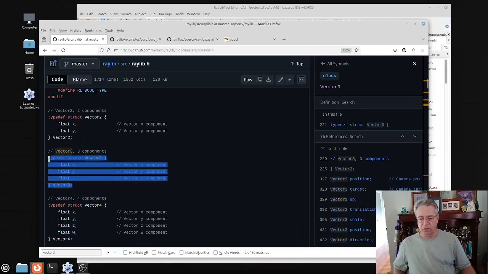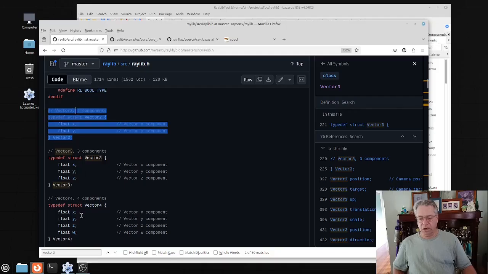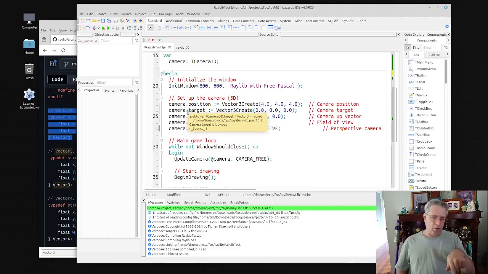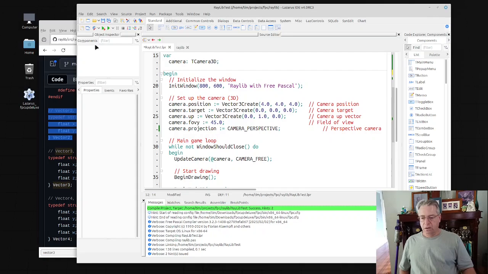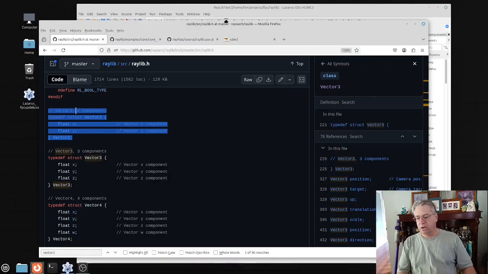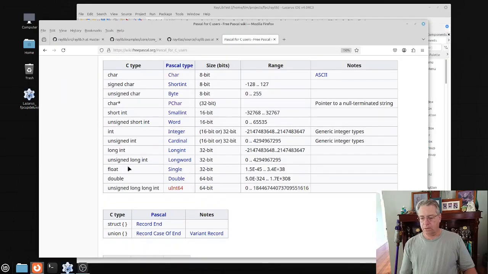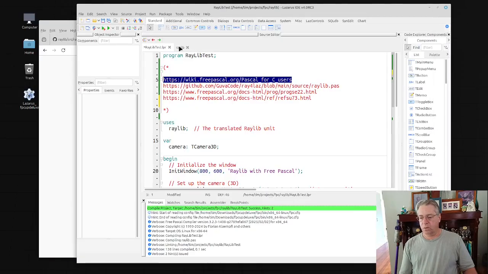As I said, it's a float, or 3 floats, and you can also see what a vector 2 looks like, and also what a vector 4 looks like. So if we use our table from previously, then we know that, actually I'll bring the page up. So let's go to here, and a float is a single here, and when we jump back to our code here,